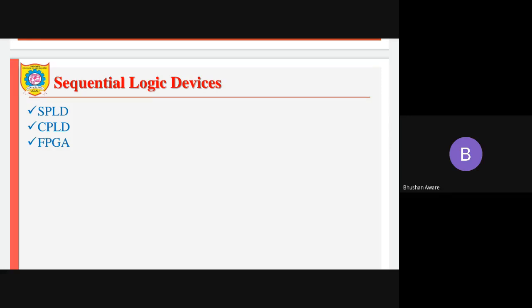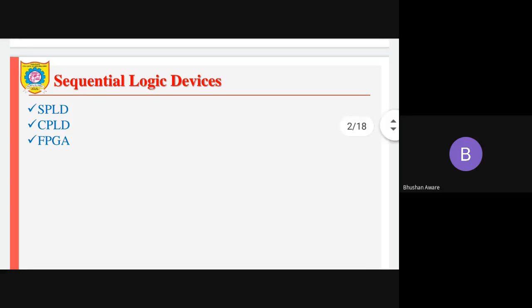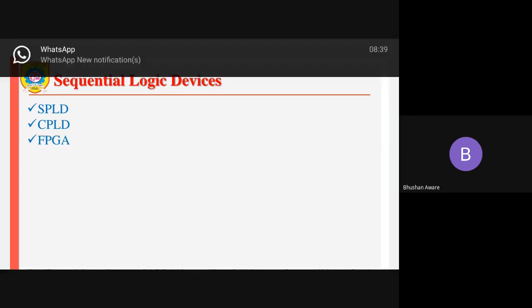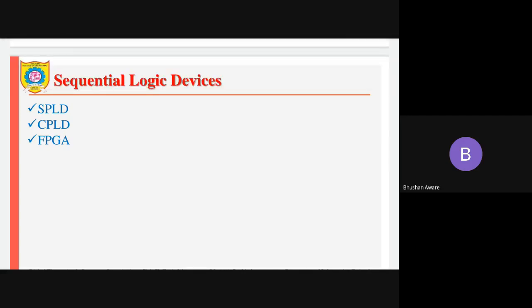These are the types of programmable logic devices: SPLD, simple programmable logic devices, CPLD, complex programmable logic devices, and FPGA, that is field programmable gate array. These devices are programmable in the sense that the manufacturers are coming out with these devices and they are not setting a specific function for them.